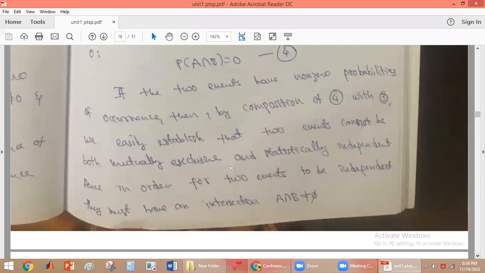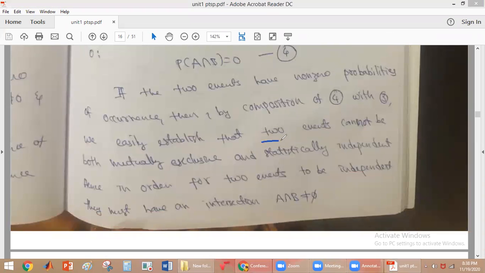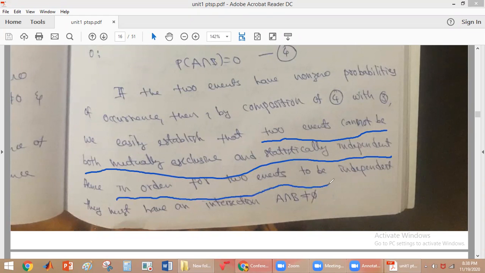If you see here, two events cannot be both mutually exclusive and statistically independent. It is not possible, because in order for two events to be independent,